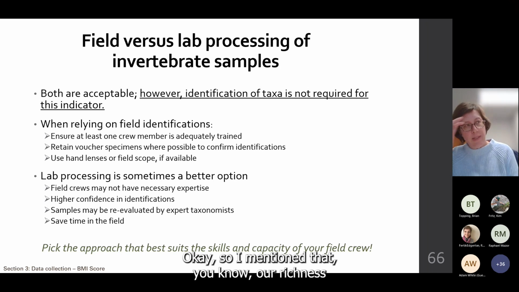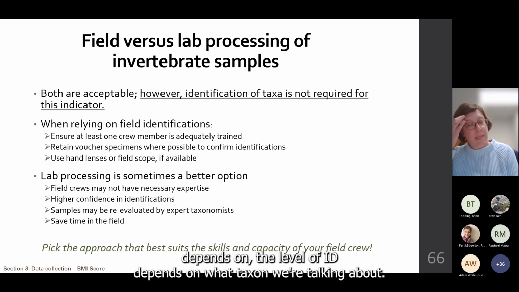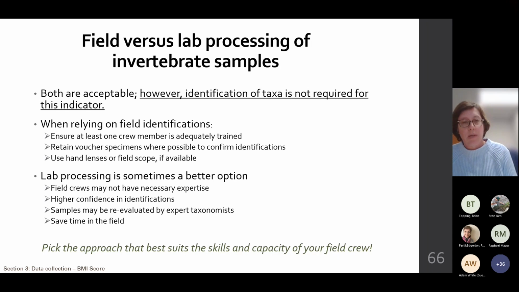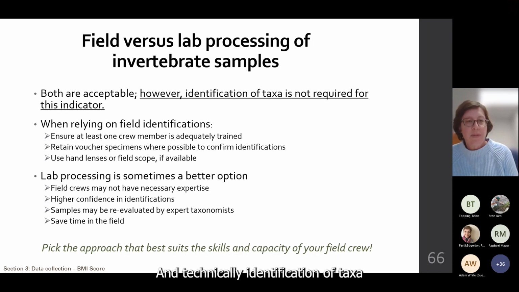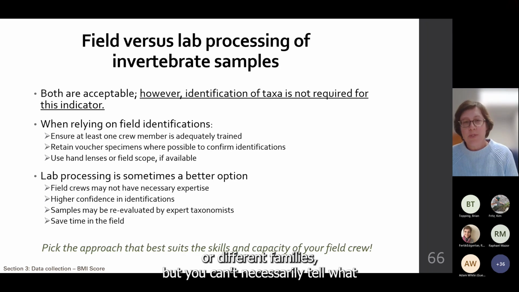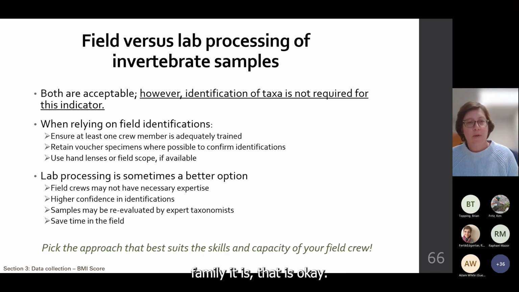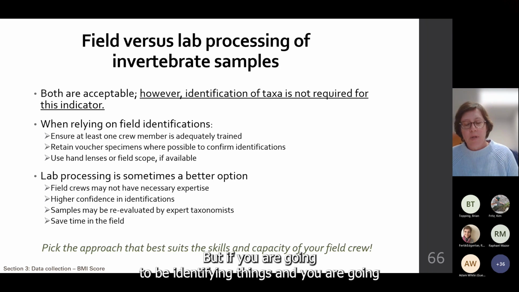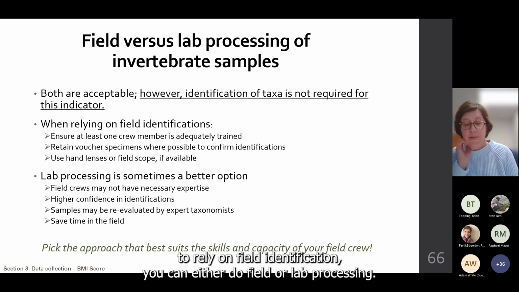Okay, so I mentioned that the level of ID depends on what taxon we're talking about. And technically, identification of taxa is not required for this indicator. You may have 2 kinds of mayflies and you can tell that they're different, or different families, but you can't necessarily tell what family it is. That is okay. But if you are going to be identifying things and you are going to rely on field identification,